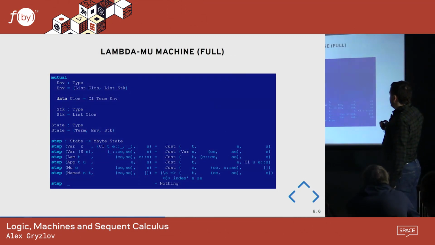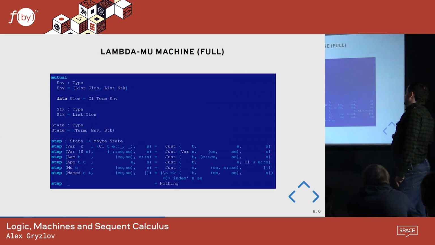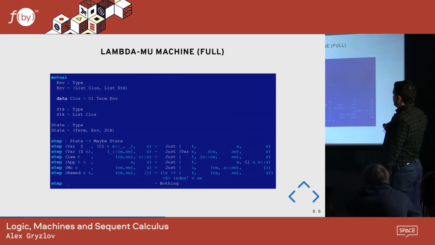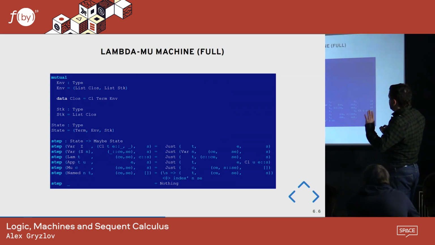So yeah, as I said, it's easier to just show what the machine does instead of giving this logical explanation. So now we switch back to the full machine and we ditch the types for now because it would be too busy to show everything. Basically, if you have this untyped lambda-mu calculus, the environment is the dictionary of all the terms or closures, and the list of stacks. So you have a double environment.